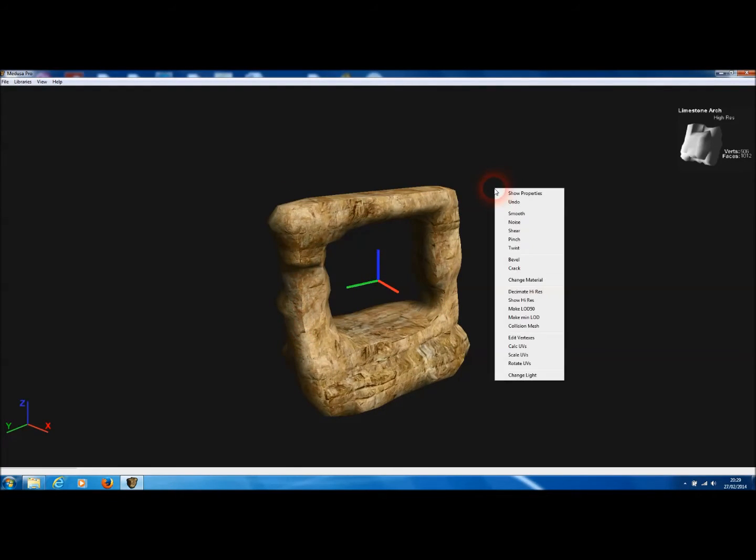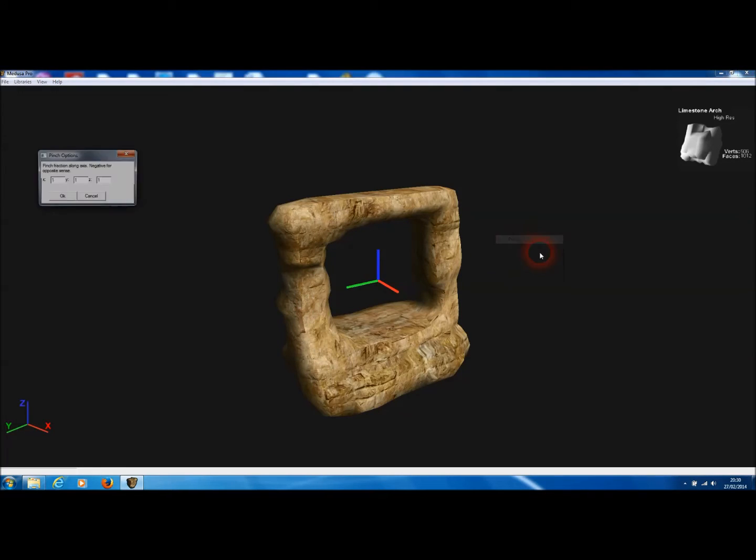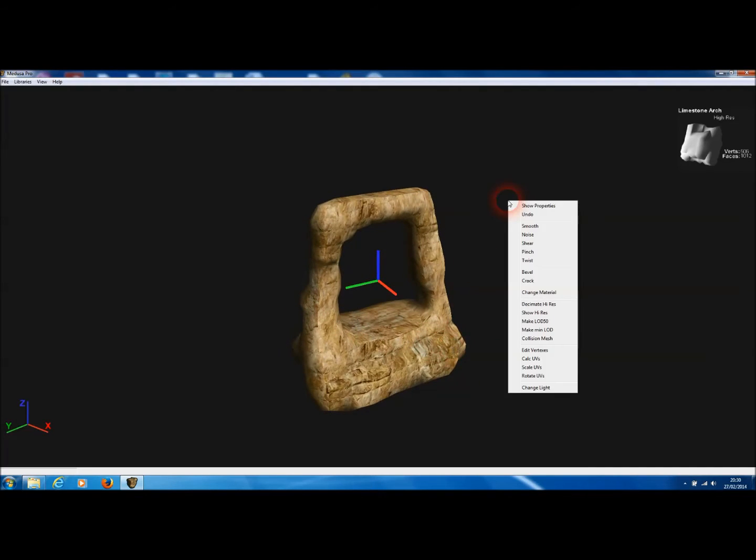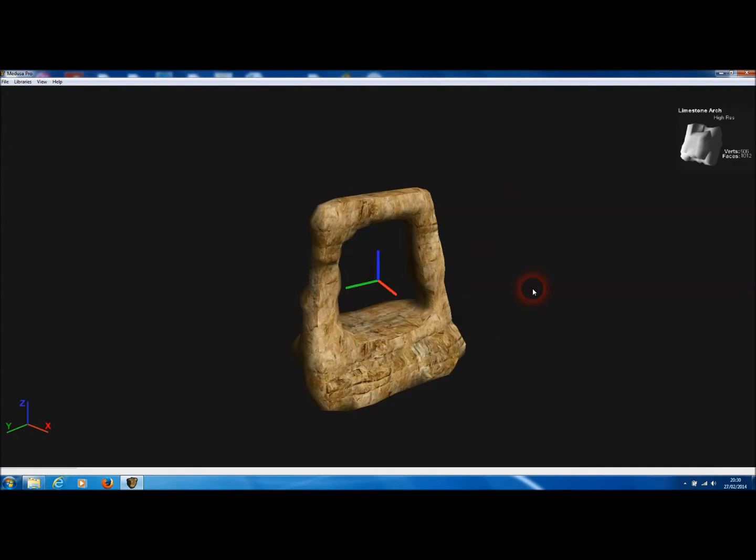Now, there's lots of deformation functions in Medusa Pro, so pinch is quite a useful one. So we could choose to pinch the top of the arch by, let's say, 0.6, and you can see that's now generated a new shape. And let's undo that,